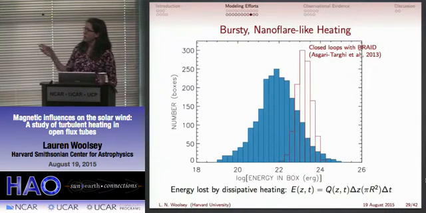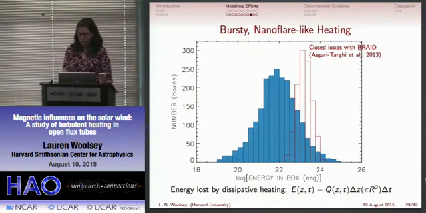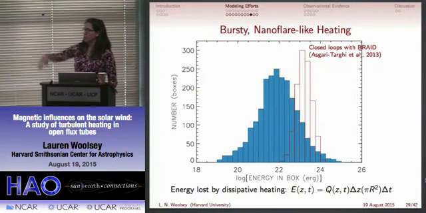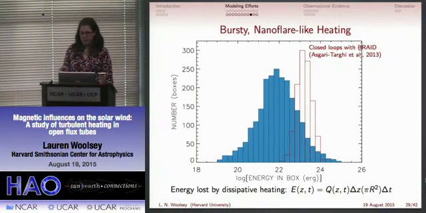So Asghari Targhi et al. in 2013, also using BRAID, looked at closed loops, and they did a box-counting analysis. And so you can estimate the energy lost by dissipative heating if you look at that heating rate as a function of height and time in boxes of a finite width in simulation time and height in the flux tube. And so if you count up all of these boxes and the energy contained within them, they found this peak at 10 to the 23rd ergs with a pretty low